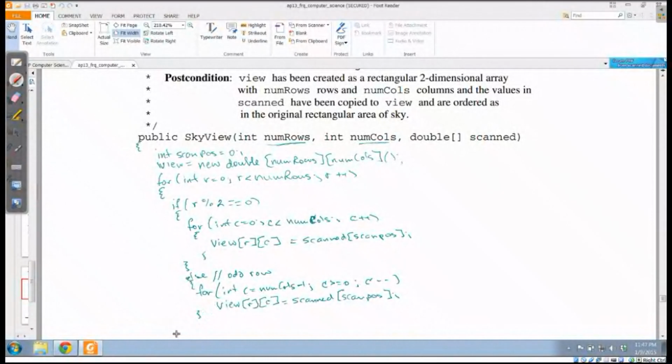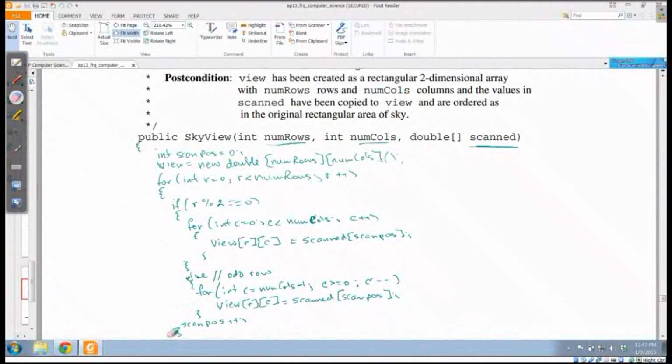And then I'm going to need to make sure, no matter what happens here, before I leave this method, scanPos gets incremented, because I'm going to need to look at the next element of this array and put it at the appropriate spot in my matrix. So in other words, scanPos is going to be 0. I'm going to put object number 0 into position 0, 0 and move to the next spot, scanPos plus plus. This gets done before the next iteration of,